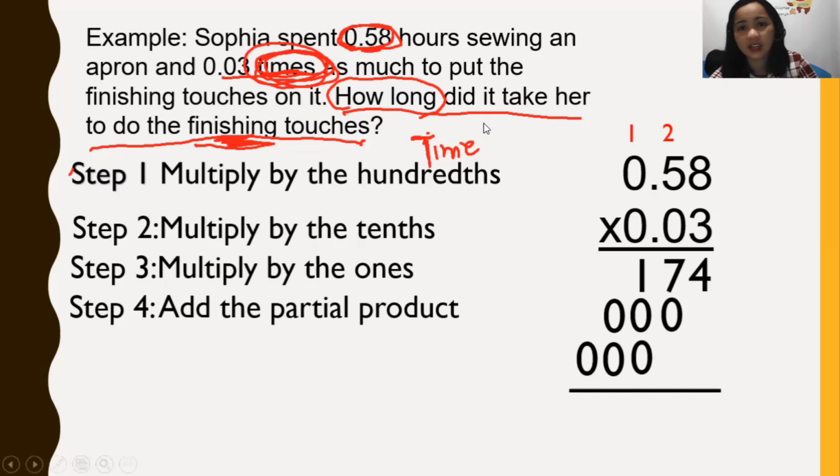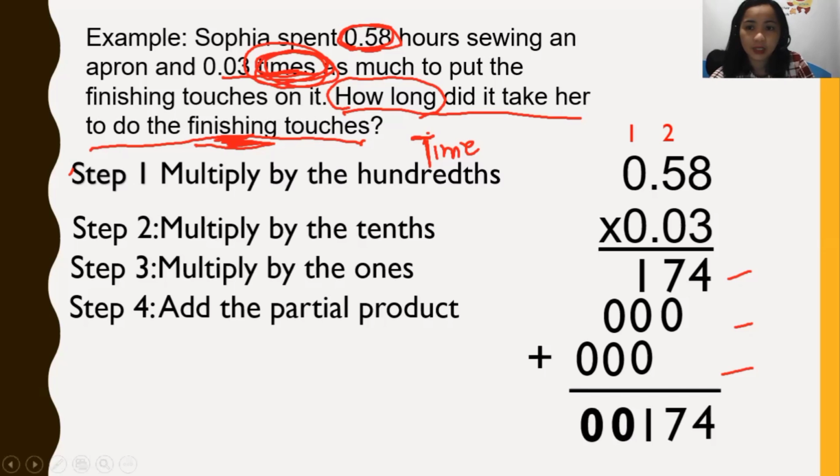Our partial products here are these: we have 1, 2, 3. These are what we call the partial products. Now add the partial products. So we have 4, 7 plus 0 is 7, 1 plus 0 plus 0 is 1, 0 plus 0 is 0, 0, bring down 0. Now what is next is